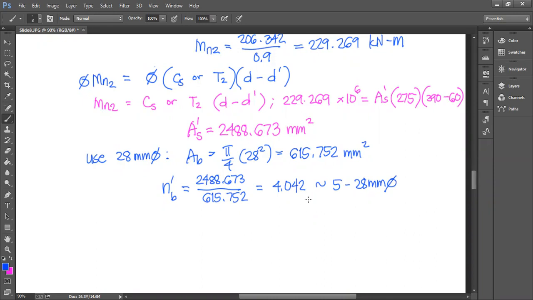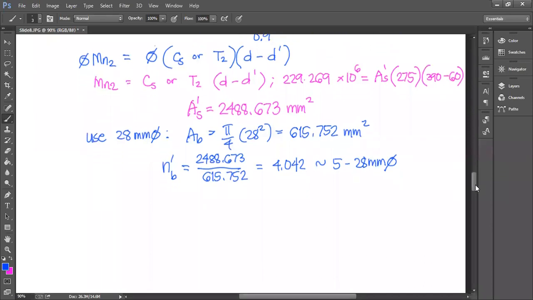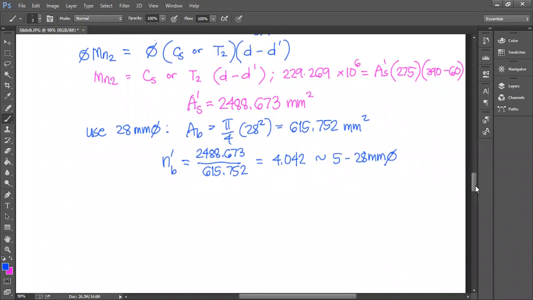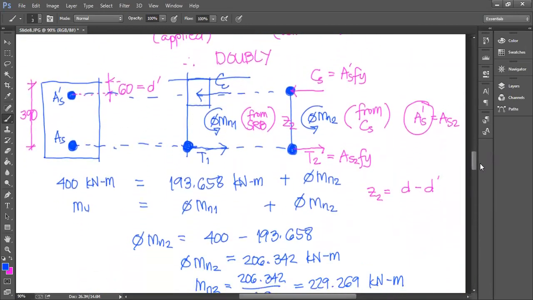Check natin. Dito sa case natin, since meron tayong 5 28 mm diameters for the top bar, paano naman natin ngayon isosolve yung bottom bar? So, yung bottom bar natin na AS, meron tayong na-solve earlier. Kung maaalala ninyo, yung AS natin,